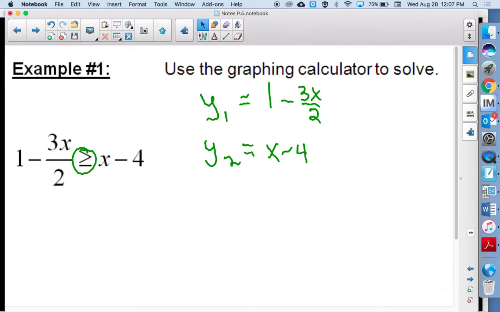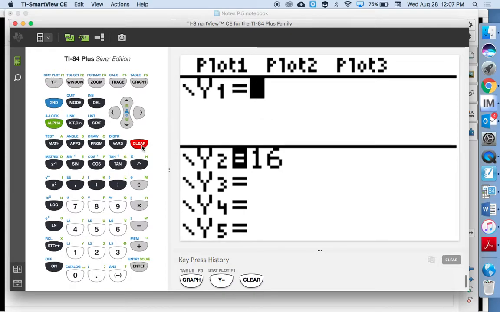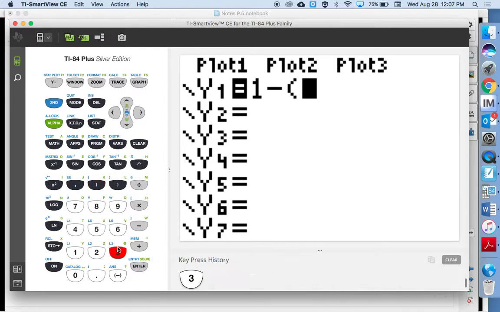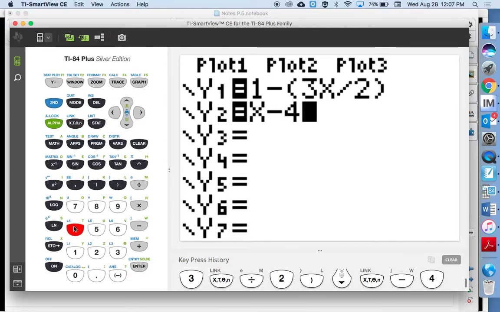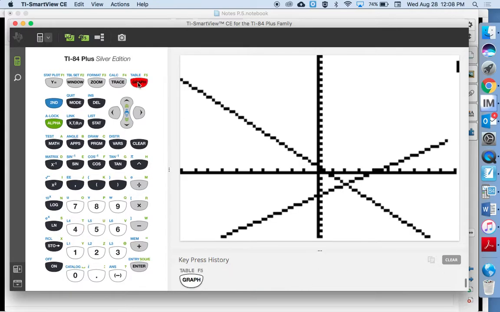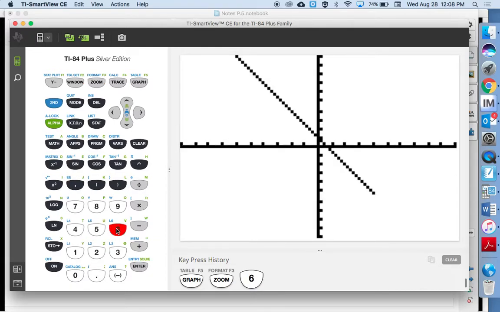So in your calculator, we're going to put those two equations. They're both linear, so we should have 2 lines. You can graph it just to see that you got 2 lines there. 1, 2. There's my 2 lines. But I want you to actually see the inequality part in the calculator. So if you go back to y equals,